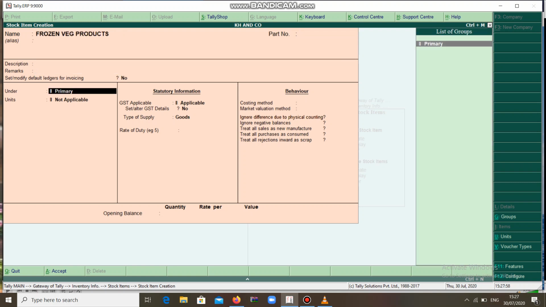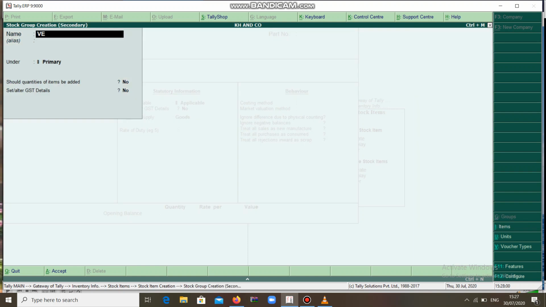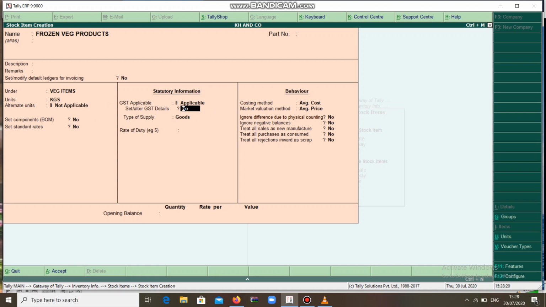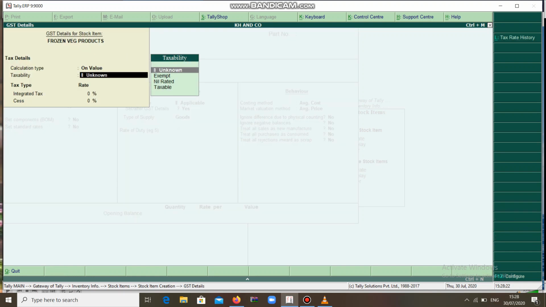It comes under vegetables, veg items. Should quantity of items to be added, yes. So it is to be measured in kgs, kilograms. Applicable, yes. On value, taxable 5%.